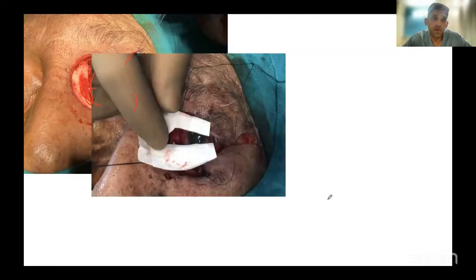Here you can see the bone of the lacrimal crest. This is the anterior lacrimal crest. The sac was removed. You can see that the caruncle has been debulked. The upper eyelid is almost 50% gone. The lower eyelid is 70 to 80% gone, and you're left with a huge defect. Now, in such cases, it's almost impossible to recreate a normal